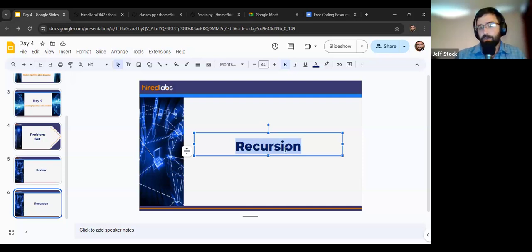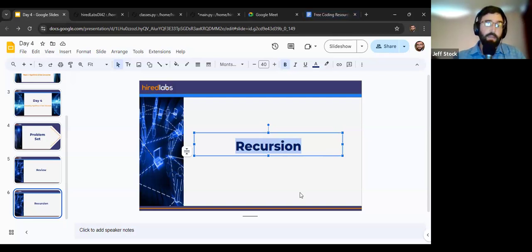First of all, does anybody know what this is? Anybody familiar with recursion already and could define it for us in some way? So Aurelius confidently saying no. I can't see anybody else. Anybody else got an idea of what recursion is? Ever heard of this term before? No? All right. So something happens in several contexts, and we see it all over the place, actually.